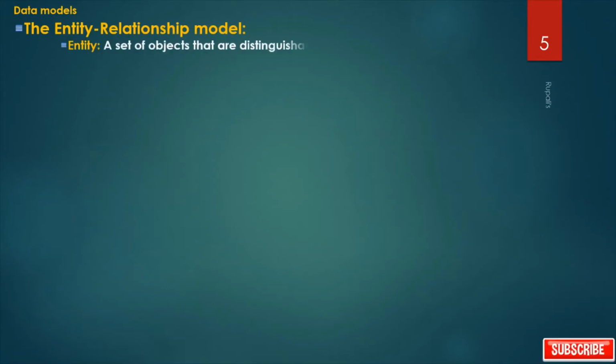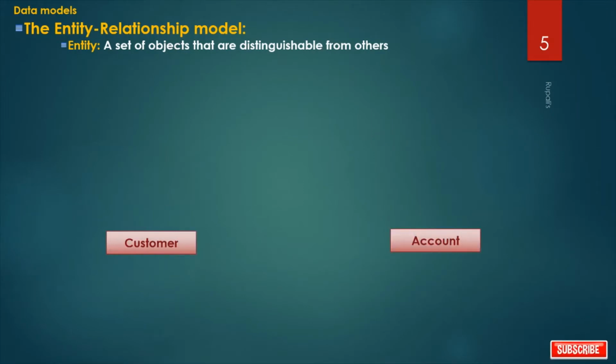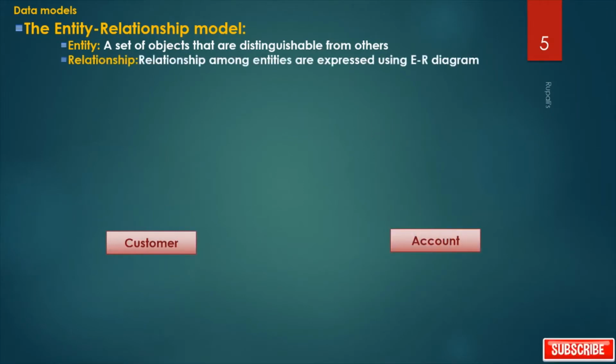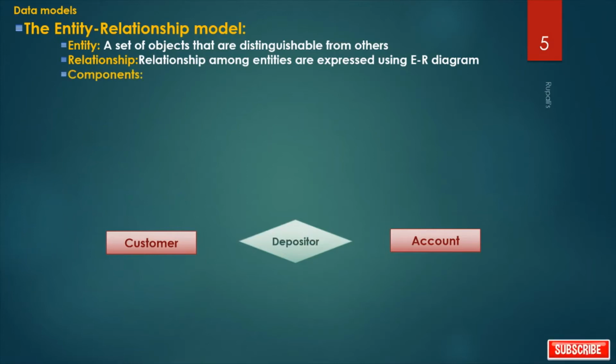Our next model is the entity relationship model. It is one of the popular models among all data models. First, entity: a set of objects that are distinguishable from others, like customer, account. Then relationship. Relationships among entities are expressed using an ER diagram, like depositor. Customer deposits in account. Next, components,